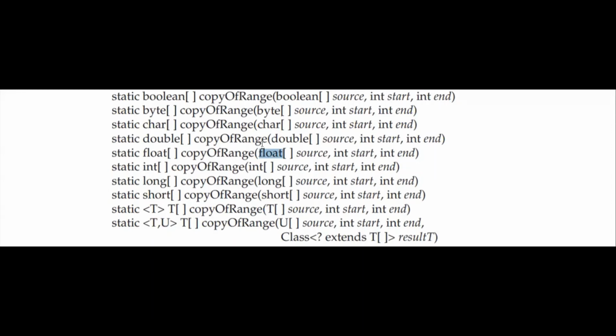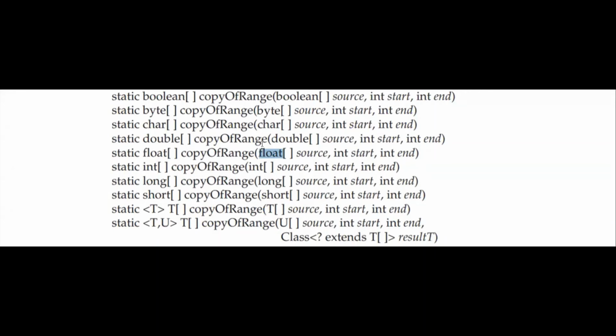In the copyOf method, we specify the length, which means from the starting how much to copy. The copyOfRange method specifies from where to where we want to copy, indicated by the starting index and the ending index. If the range is longer than the source, then the copy is padded with 0. If we want to shrink it, it gets filled with null and false values. If the indexes are out of bounds, then array index out of bounds exception and null pointer exceptions, so many kinds of exceptions will be thrown.